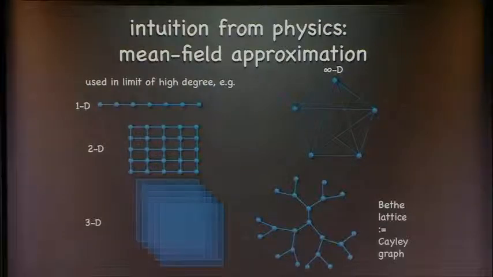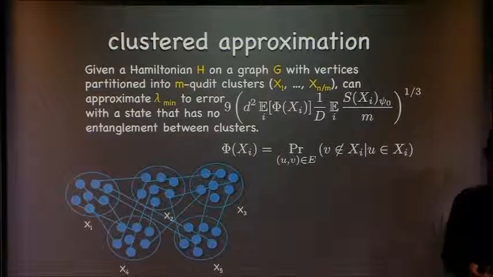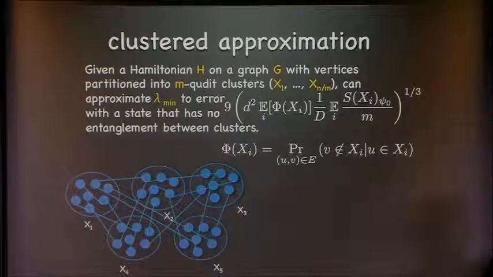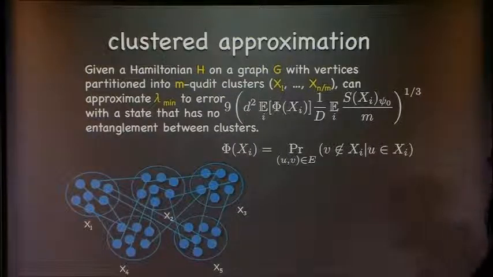The approximation that we prove is actually a little more sophisticated than the one I mentioned before. What I said before is a special case. The general theorem we prove allows for the possibility of grouping the vertices, the qubits, into clusters, and then getting an approximation which is not product across the individual systems, but product across the clusters. So you allow entanglement within each group, but require it to be product across the clusters.